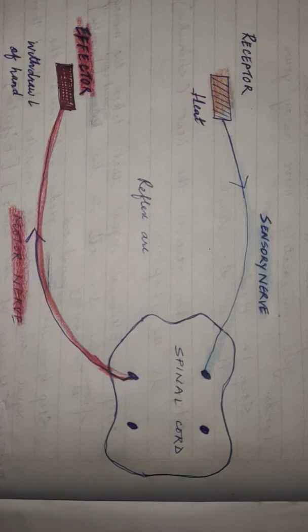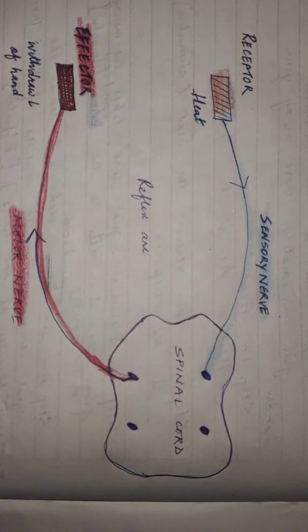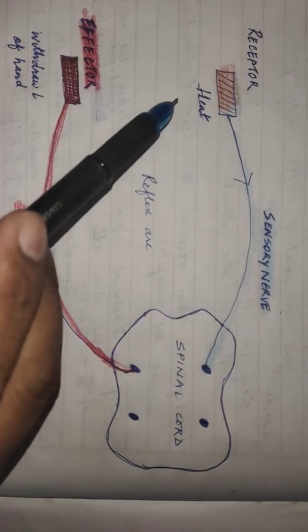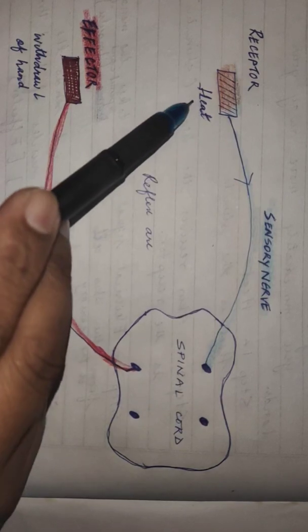Good morning, class. Today we'll be learning about reflex arc. It looks like an arc, it is in the form of an arc shape. So let us understand what a reflex arc is. Reflex arc is the shortest distance traveled by an impulse